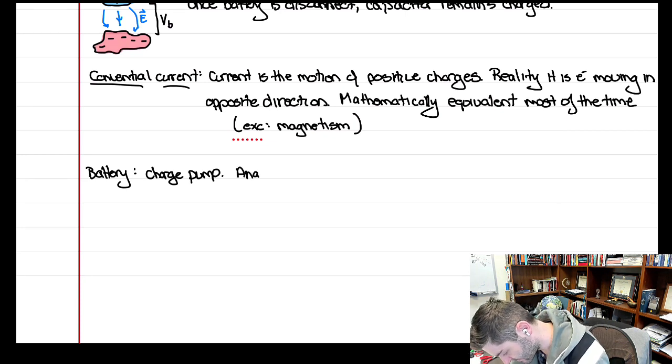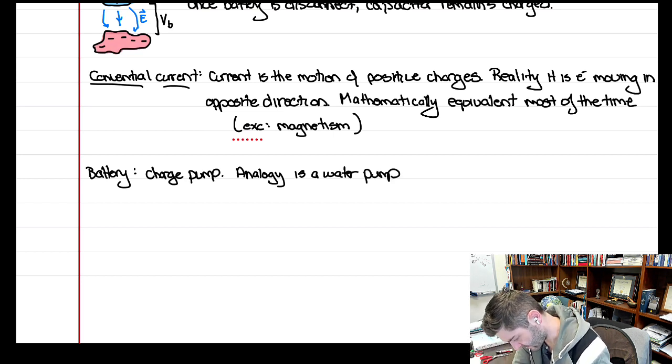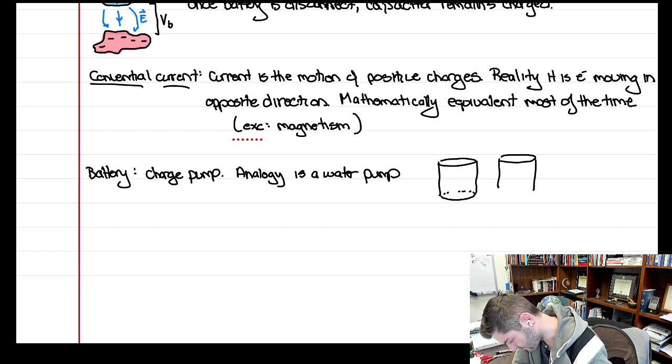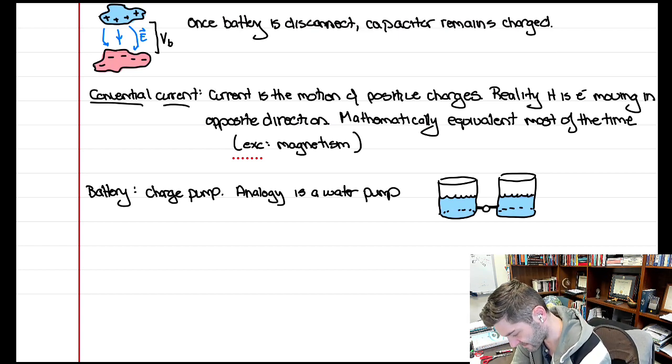So the analogy that we can use is an actual water pump. So if I have two reservoirs, cylindrical things that hold water, and there is some sort of pump between them, and they're initially both filled about halfway full. So they're both filled halfway. That would be a very natural state. If you look at the buoyancy and fluid dynamics chapters of your book, they would maintain themselves without us having to do anything. But if I have a pump that tries to push water from the right reservoir to the left reservoir,